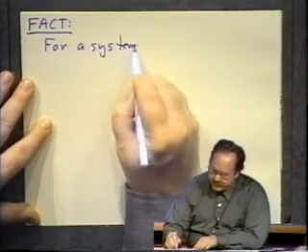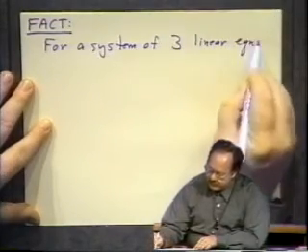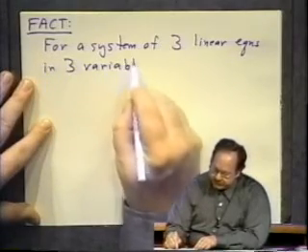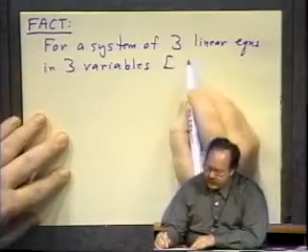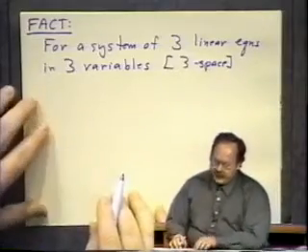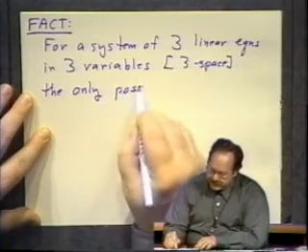Now we can't do that, as I said, for the 3 case, but we can note the following fact, which will allow us to deduce the number of solutions nicely. And here's the fact. For a system of 3 linear equations, linear, of course, the only ones we'll look at, in 3 variables. Now these will be 3-space planes, so we won't talk about them in graphical terms. The only possibilities